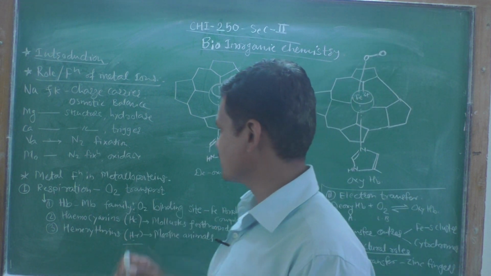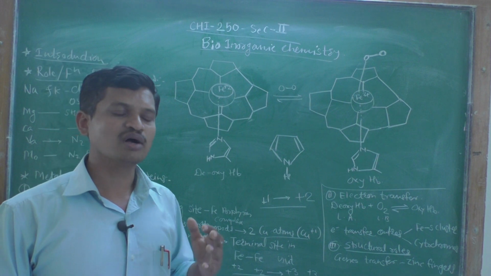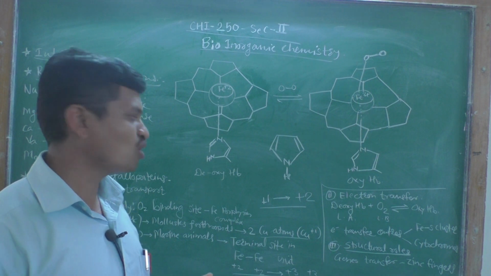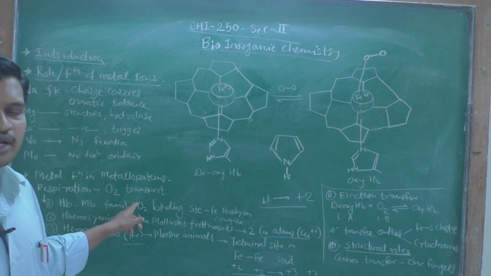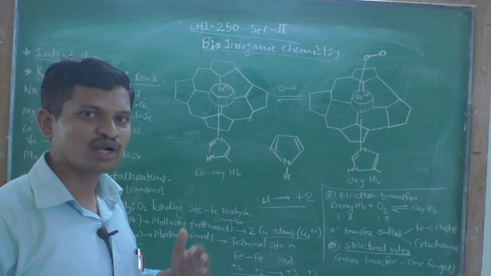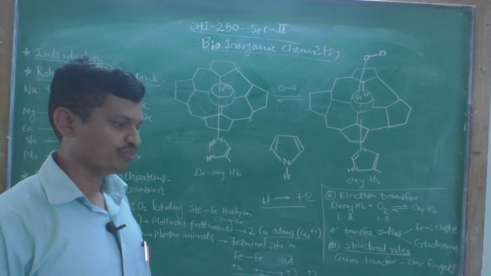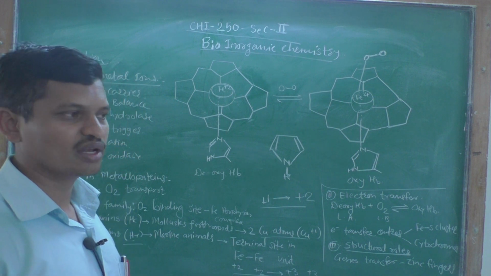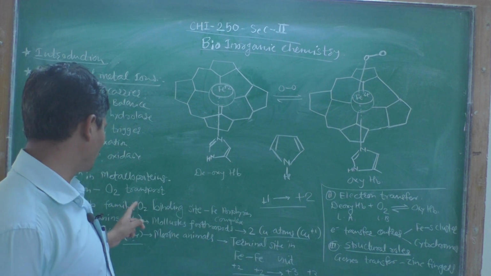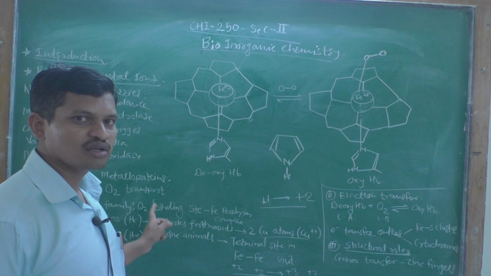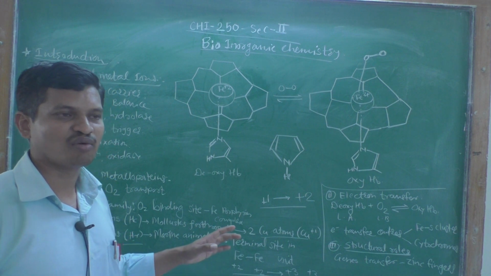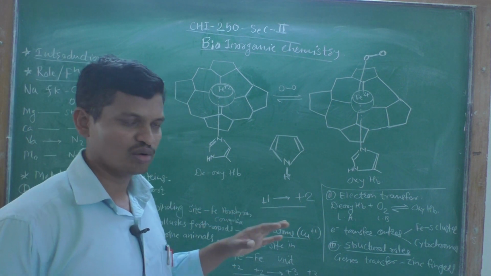So these are the respiration roles of metalloprotein, or we can say oxygen transport, dioxygen transport. Oxygen transport is very necessary for the continuation of life, and hence it is regulated by metalloproteins, in which iron is in the hemoglobin and myoglobin family, copper in the hemocyanin family, and again iron in the hemerythrin family. They are present in their respective roles.